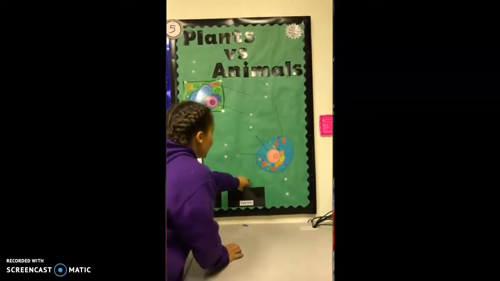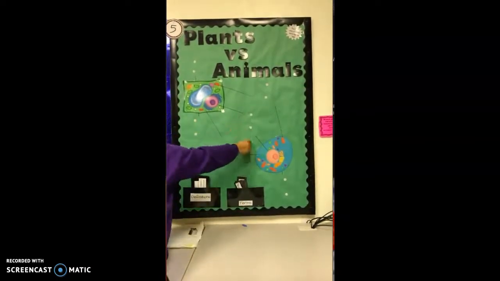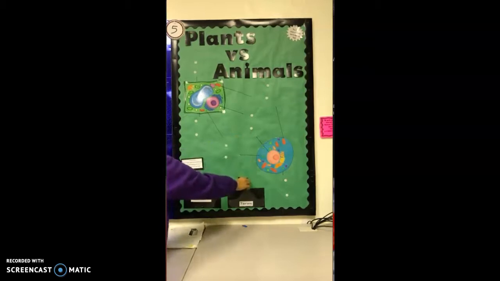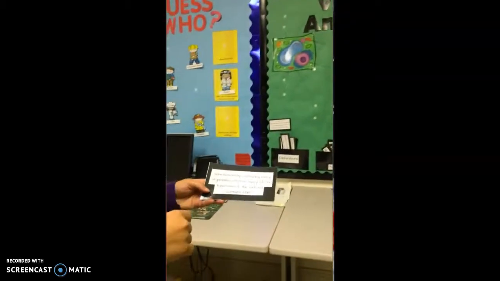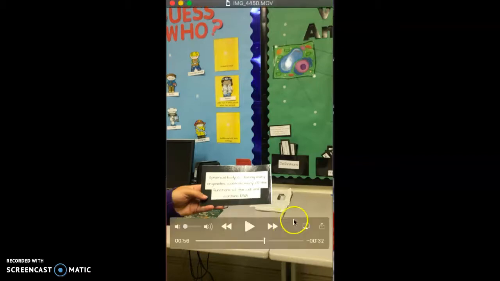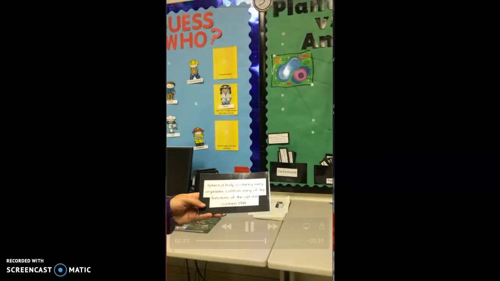When you label each part of the cell, the term will go at the top and the definition will go at the bottom. So now we'll do an example. This definition says, a spherical body containing many organelles controls many of the functions of the cell and contains the DNA. So, with this definition, which part of the cell would this be? In this case, it would be